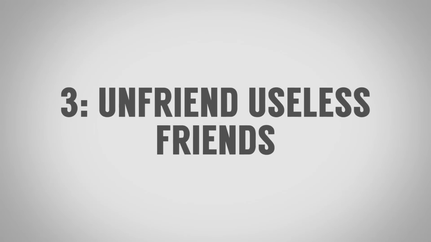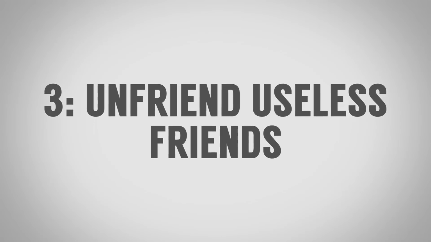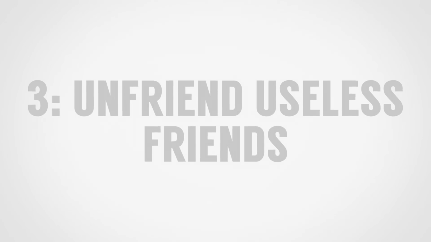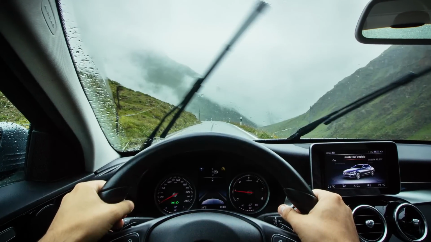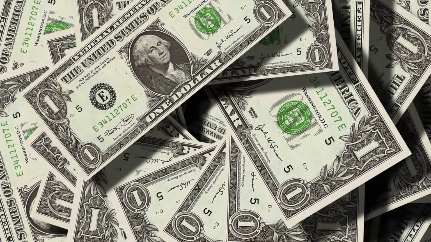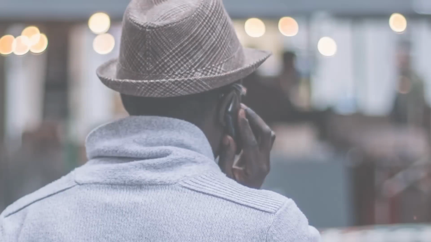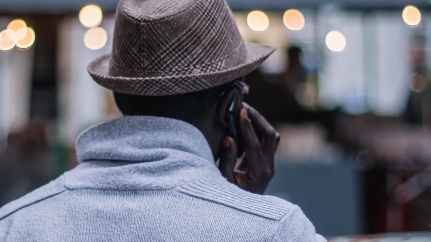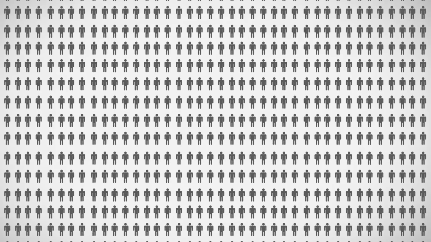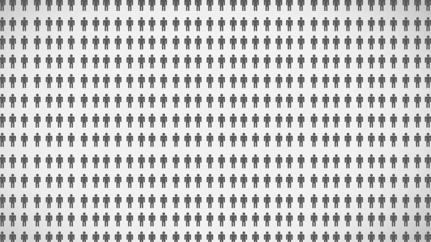Tip number three for hacking Facebook is to unfriend useless friends on Facebook. I know that sounds incredibly cruel, but let's face the reality. You've got some true friends on Facebook, people that if something happened, you would drive across the country to support them. If they needed money, you would wire it. If they had somebody die, you would spend the night with them on the phone consoling them. And then you've got people that you don't even know who this person is. How in the world did I connect with them? What is going on? So if you've got 2,000 friends, if you've got 1,000 friends, probably 50%, 75% of those people you could unfriend.